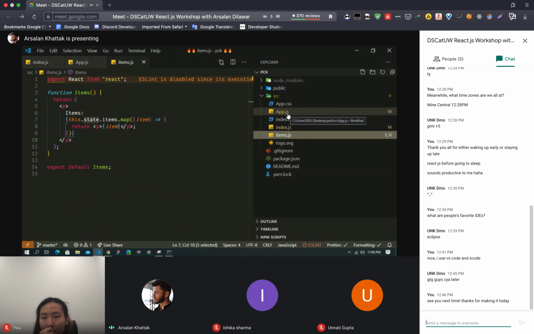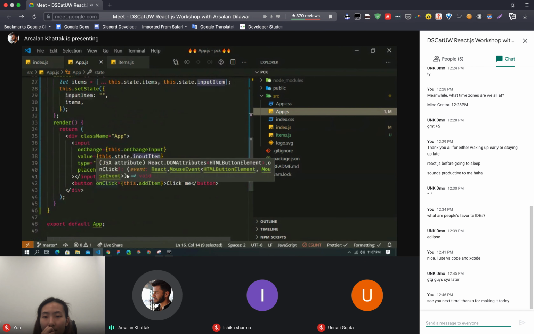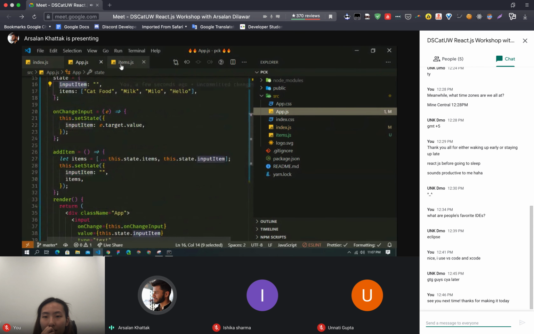So the way to do that is to use props, which are the properties. Just like a normal function where you pass arguments, we are going to pass the arguments to these items, and that will help us.